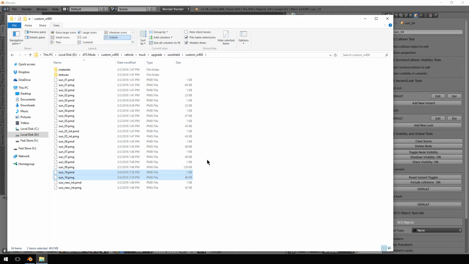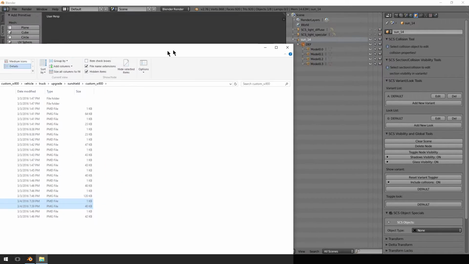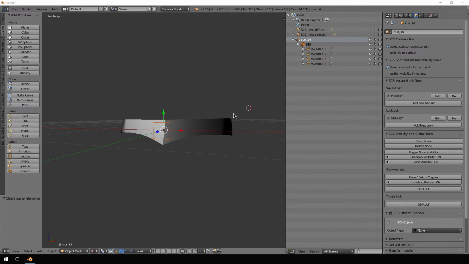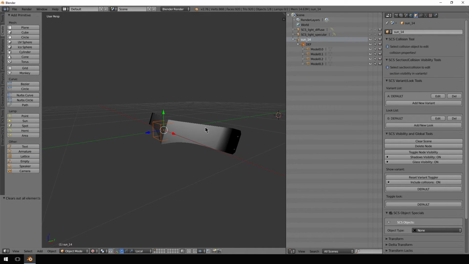That is literally how easy it is to change the name of something that you want to export. It doesn't have to be numbers. It can be whatever you want. If you wanted to name this sun drip, or whatever you wanted to name it, you want to know the name afterwards, because that's helpful when you're trying to go through and create shape files, which I will show you in a minute, to address